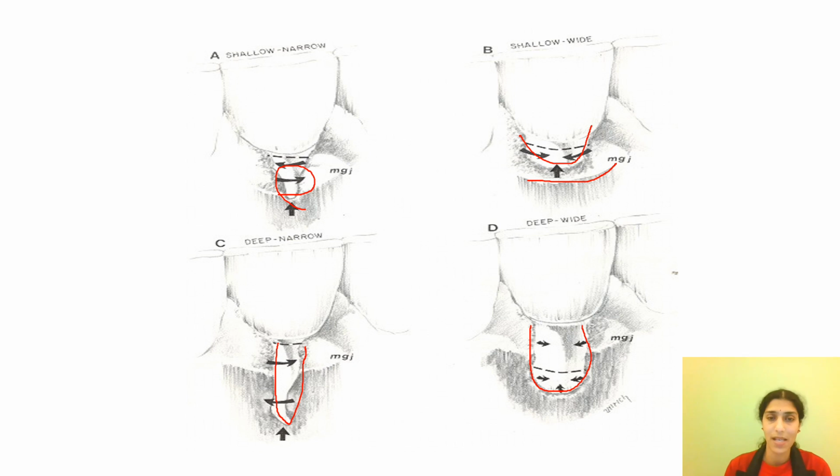It depends on the case selection, right? So when we select which one has a high predictability or promising outcome, definitely the first one should be the shallow narrow, because it is very narrow, very shallow, not even deeper, followed possibly by the deep narrow or shallow wide one. Of course, the deep wide one would be the least predictable outcome for a root coverage procedure.